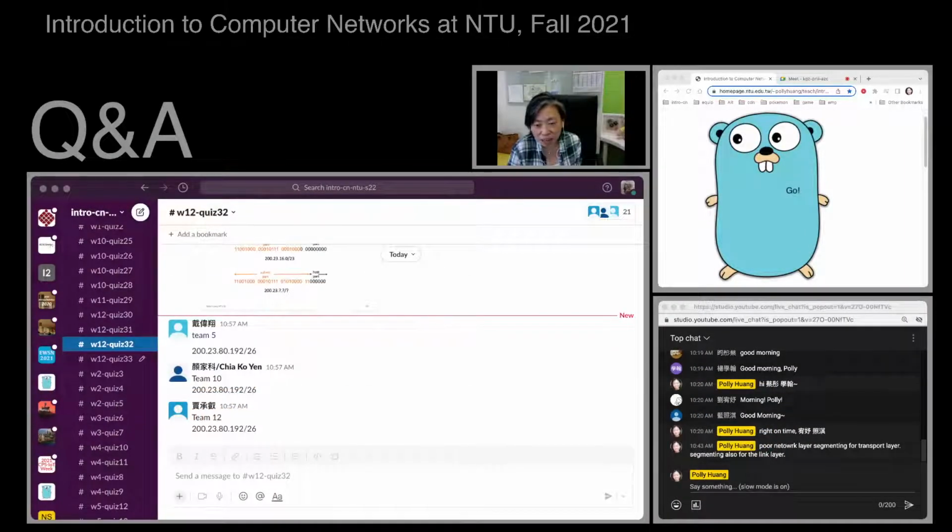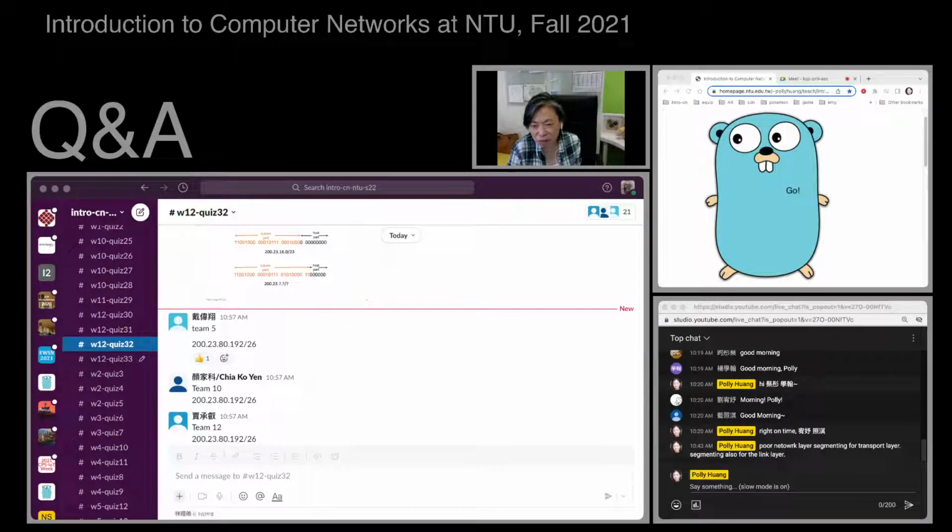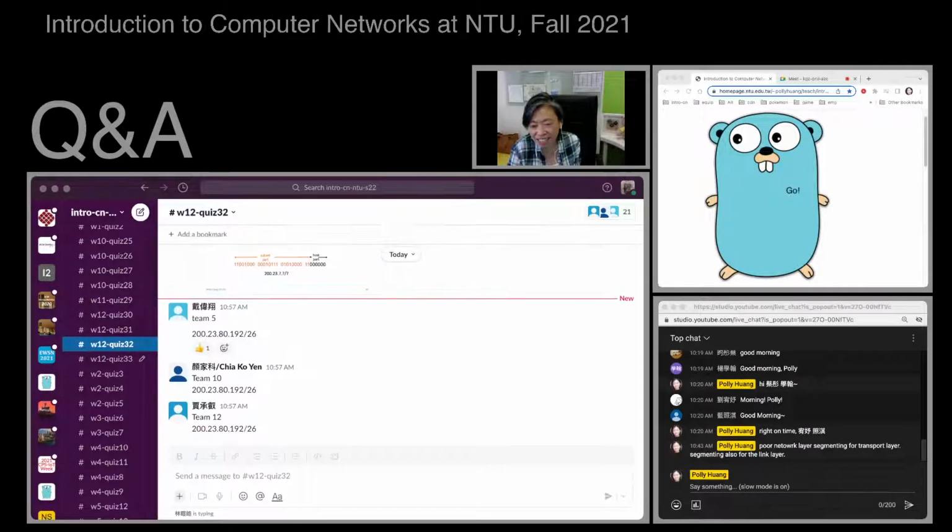So this is W12 quiz 32 channel. Team 5. That's just too fast. Are you right? So let's see. The A and B should be okay, right? And C is